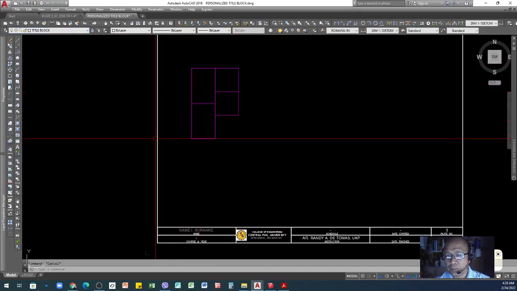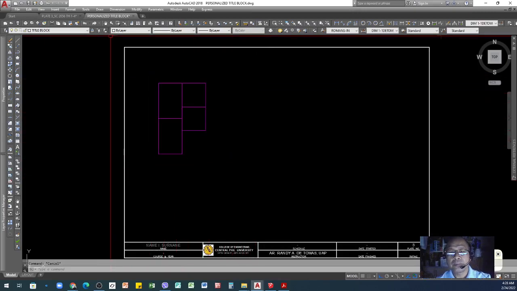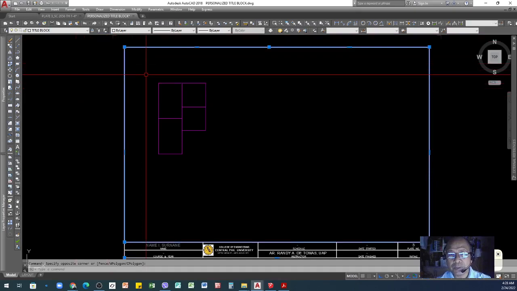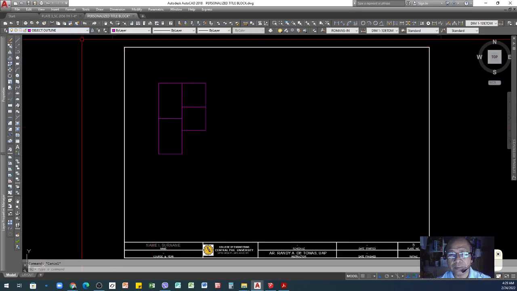So you will see the difference why we put it in a layer. For example, you don't want to see this title block. Your current layer is title block, you can change it to object outline. That is the current layer.